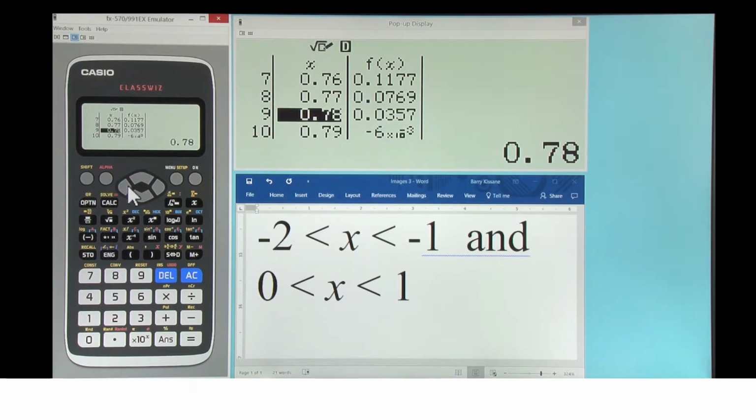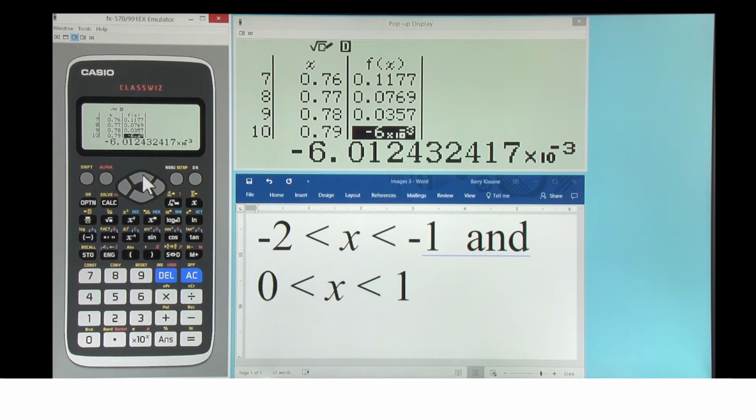The value where the function is equal to 0 is somewhere between 0.78 and 0.79. Here the value is positive, here the value is negative. You notice it's written in scientific notation in the table, and indeed down here it's a very small number. So we can repeat the process to see that there's a root somewhere between 0.78 and 0.79, and let's get closer to that.